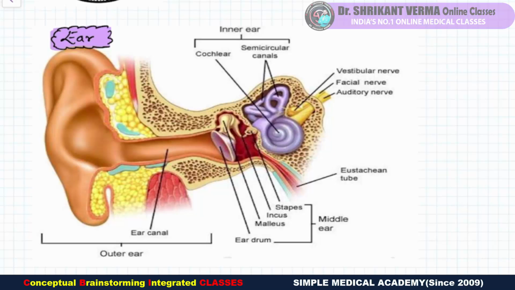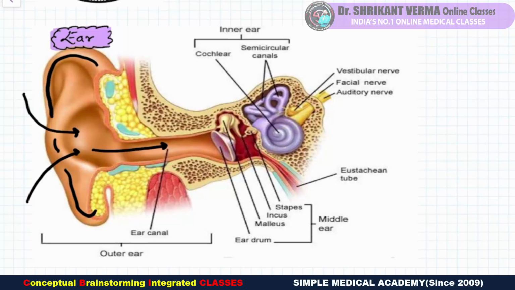So, right now we are going to focus on the topic of ear. Again, it is a very important topic for our ear, nose, throat subject, otolaryngology, ENT. First of all, we are going to look at the ear structure. In this image, you can see that sound waves are coming from the outer side. They are concentrated and focused towards the external acoustic meatus. Then this sound wave hits the eardrum, you can say tympanic membrane.